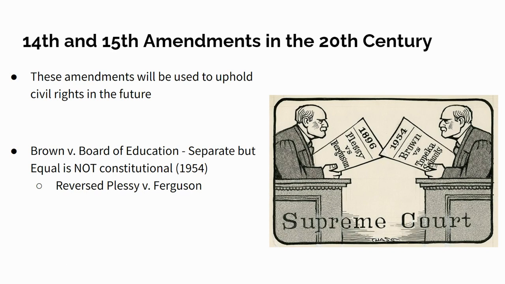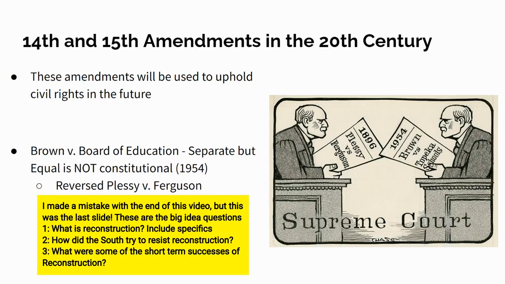But as we get into the 50s and 60s, we just need to be aware that these racist Jim Crow laws are going to get reversed. Okay. And they're going to bring up ideas. There's a Supreme Court case we have to know called Brown v. Board of Ed, which we'll talk about more when we get to that unit. But I just want to make sure you can make these connections: that reverses Plessy versus Ferguson and says that separate but equal is not okay. So we do see that these amendments are later going to be used to help African Americans. But for the time being, in the late 1800s, life is very difficult for African Americans, even though they win their freedom. Okay,